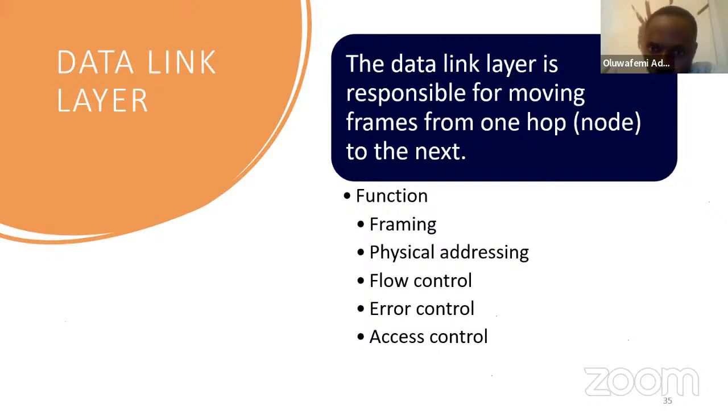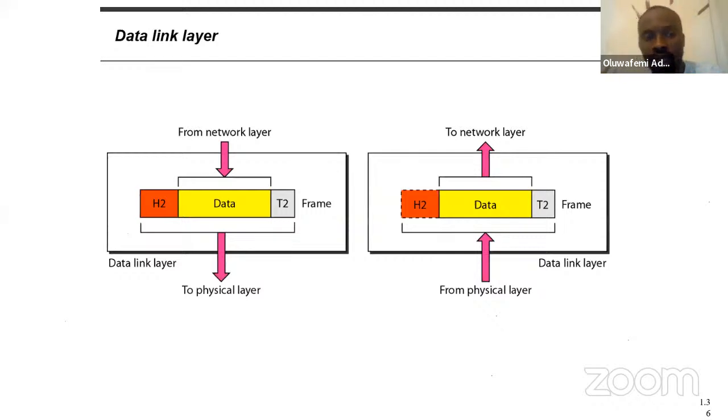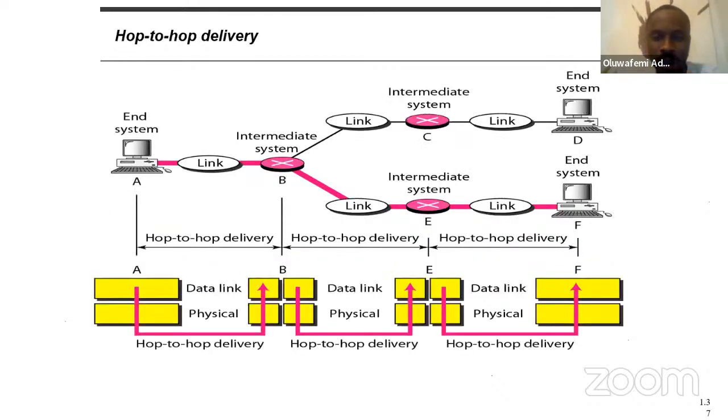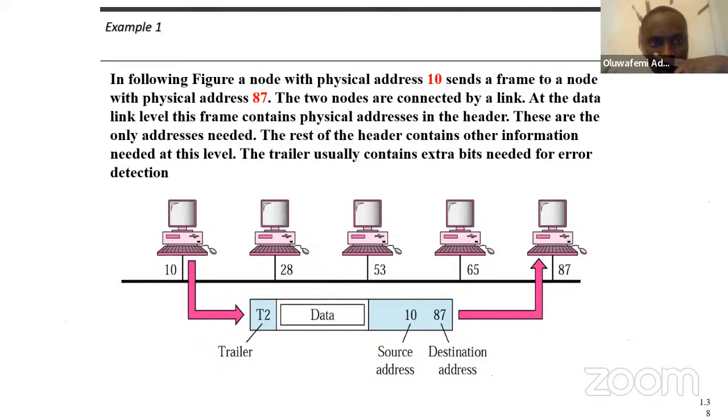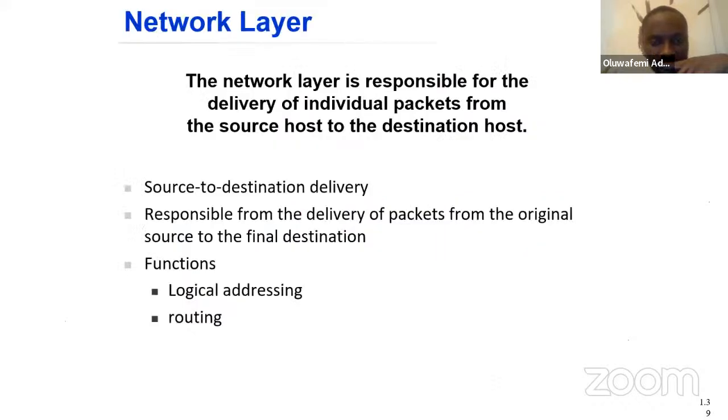Data link layer: framing, physical addressing, flow control, error control, access control. What you have in the data link layer is the frame. You can do better research on that. So up to here, we can see that a data link frame is converted to bits at the physical layer, then sent. When bits are received, they are converted back to a frame. Let me run so that I can do a couple of practical sections.